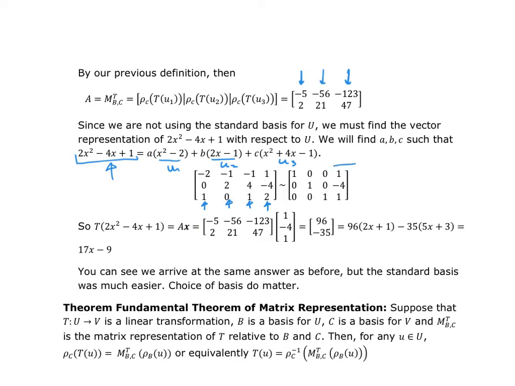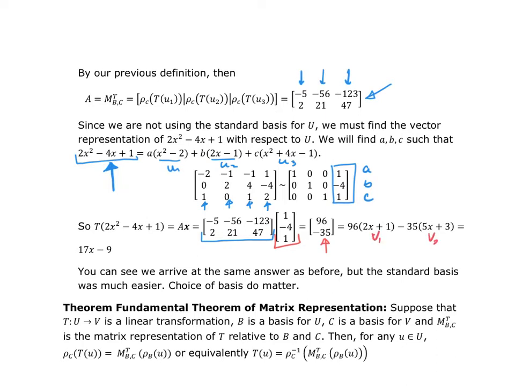I do a row reduced echelon form, and this is my A, B, and C, and that is the vector representation of my input, which is this, with respect to B. Now, once I have that with respect to B, then it's just a matter of multiplying by my matrix, which I found up here, and that vector representation of my input, and I end up with this. So then that is the multipliers, my coefficients, on the linear combination of my